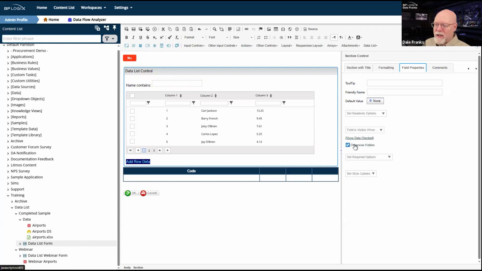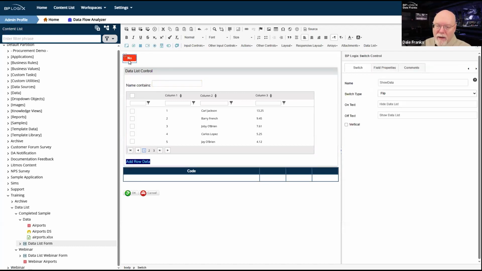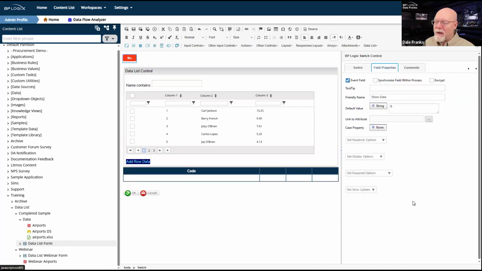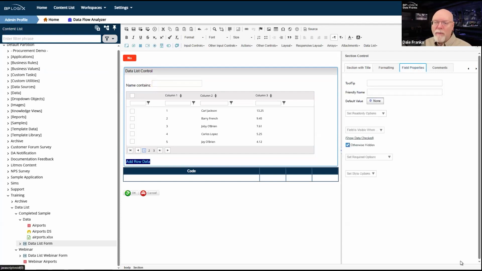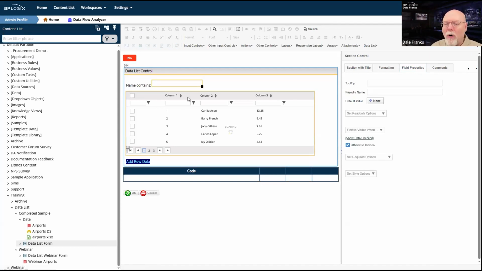So I have the otherwise hidden checkbox set there. Now, it's important that this happen when I check the box or when I flip the button. So this needs to be an event field so that it calls the event. When the event fires, the evaluation of visibility conditions occur for the section control, and then it shows or hides it. If you've done visibility stuff like this before, you probably already know how it works.